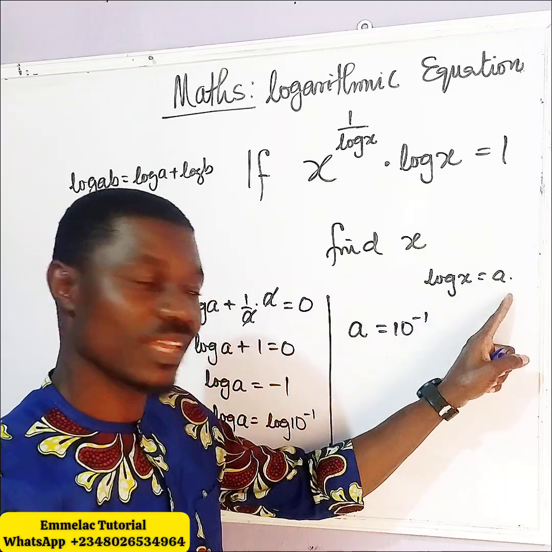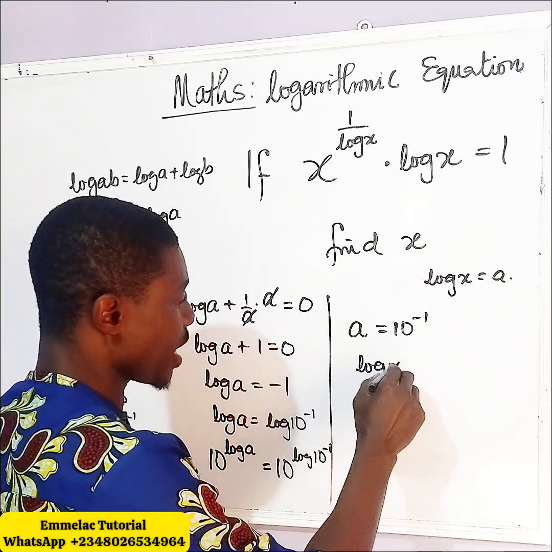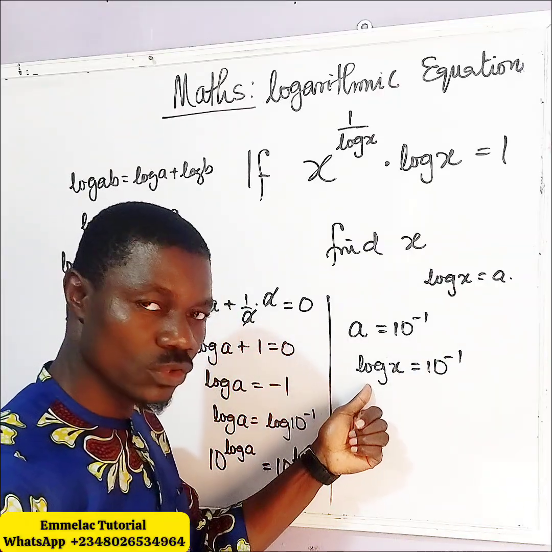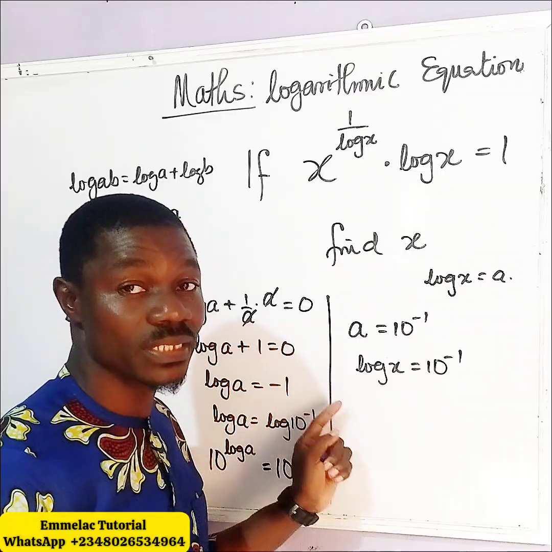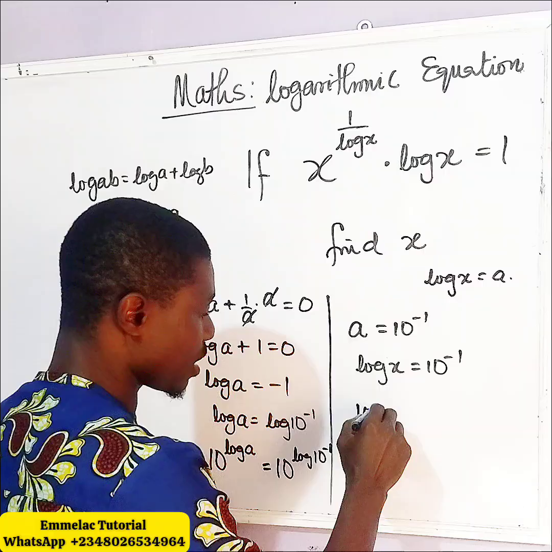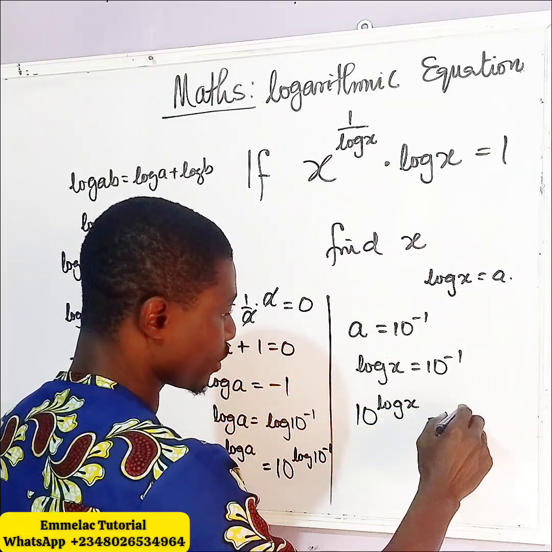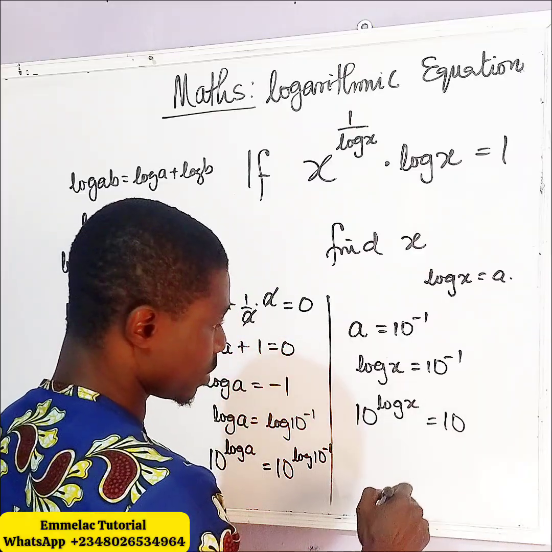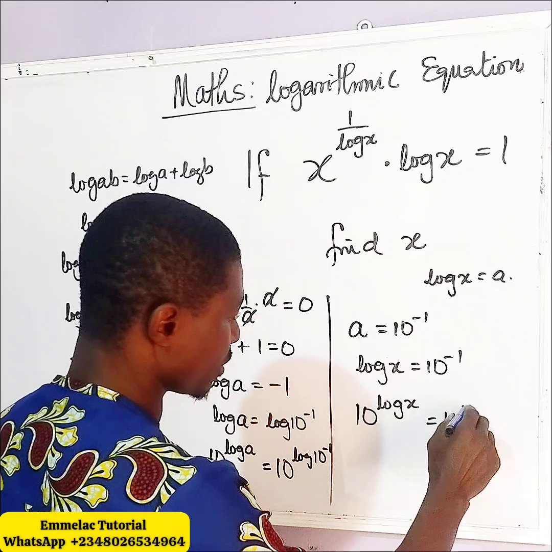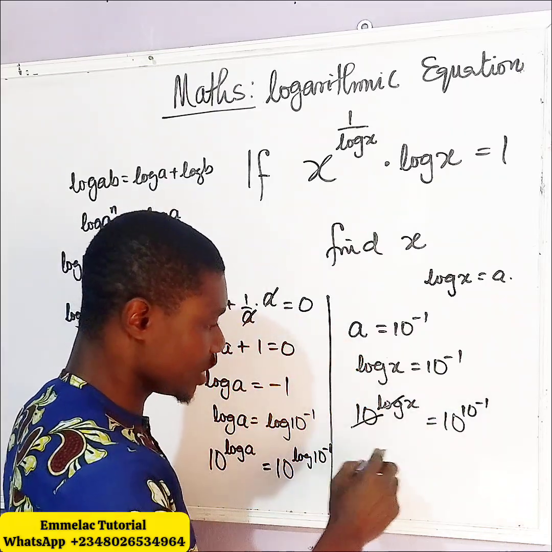Remember, a equals log x. Now let us plug in log x here. You have log x, then equals 10 raised to the power of minus 1. Now for us to undo this log, we also apply base 10 to both sides. So here you have 10 to the power of log x, then equals 10 to the power of 10 raised to the power of minus 1, so this cancels this, we are left with